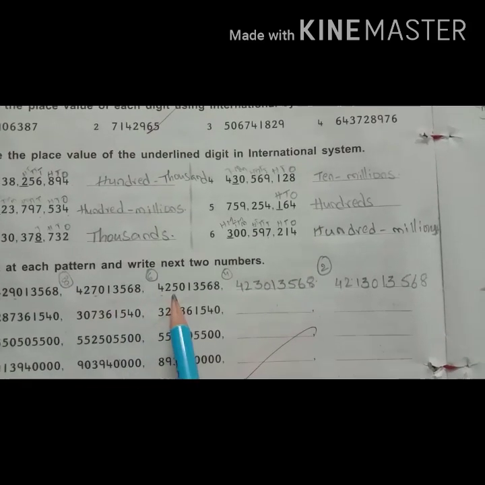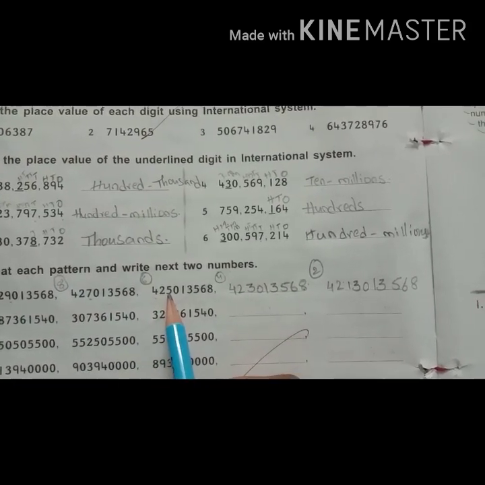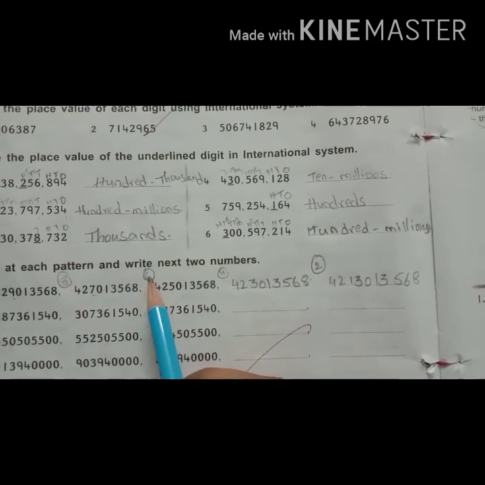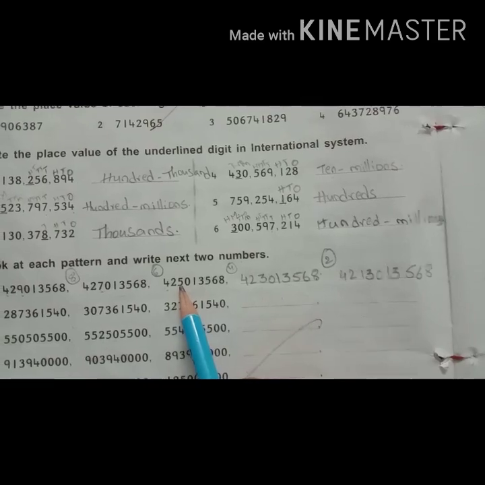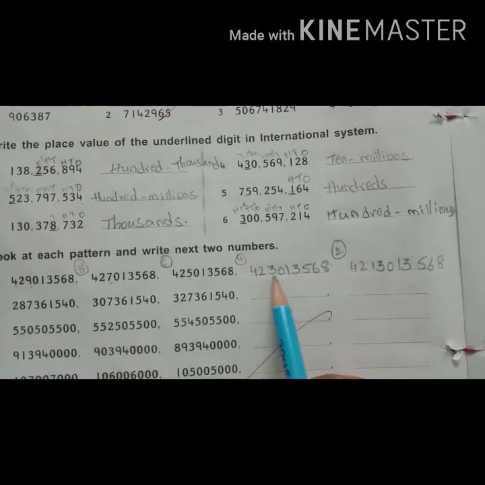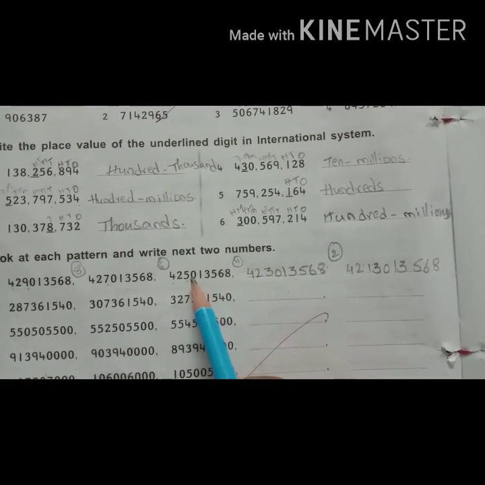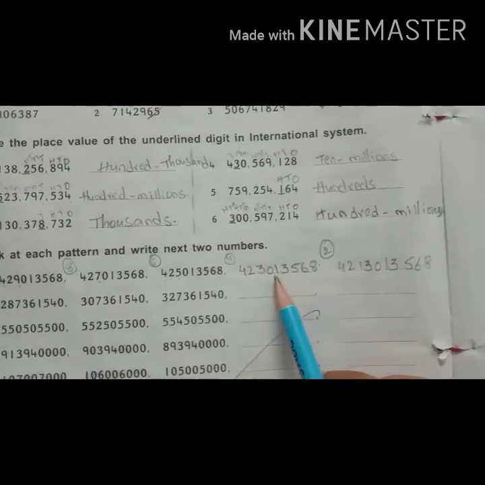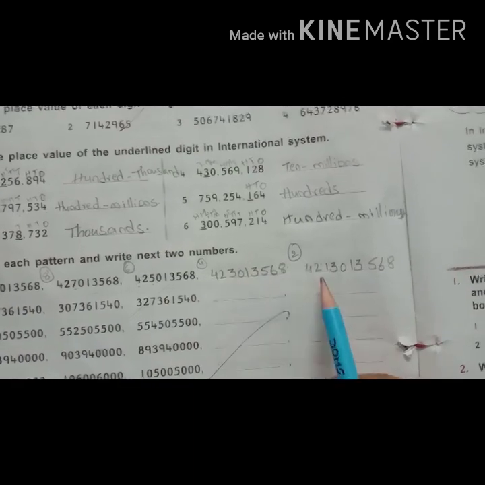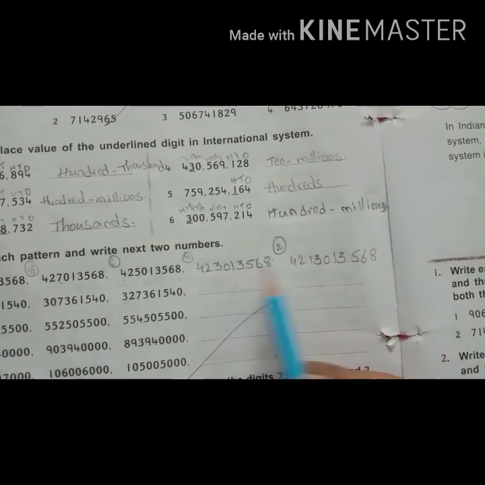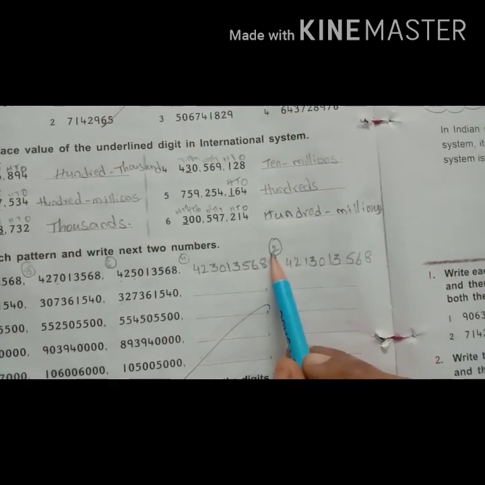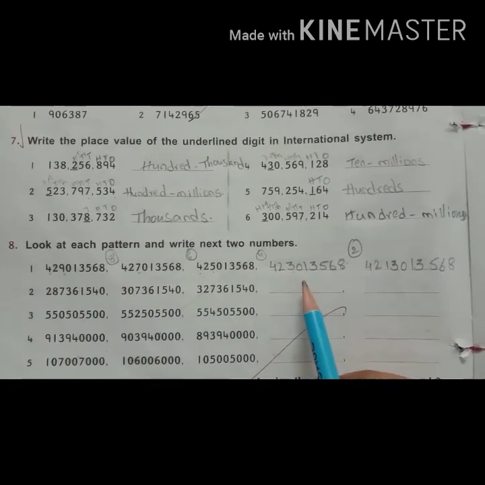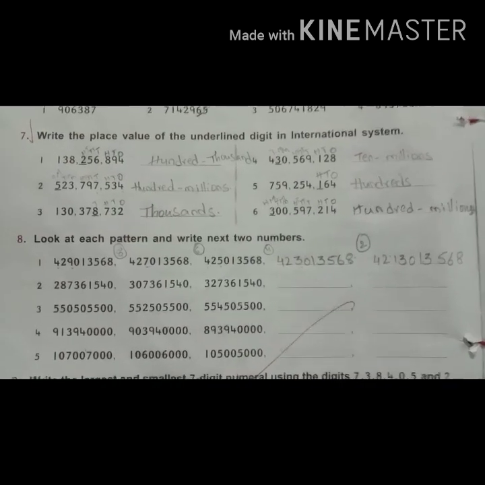Next you see the next one. Yes, here 5 is there. Between 5 and 7, which number do we have to miss? 6. And next, see the next number 5. Here 3. 5 and 3. In between the two numbers, which number is missing here? 4. Next you see here 3 and here 1. In between 1 and 3, which number do we have to leave? 2. So see the pattern now? Did you understand the pattern?